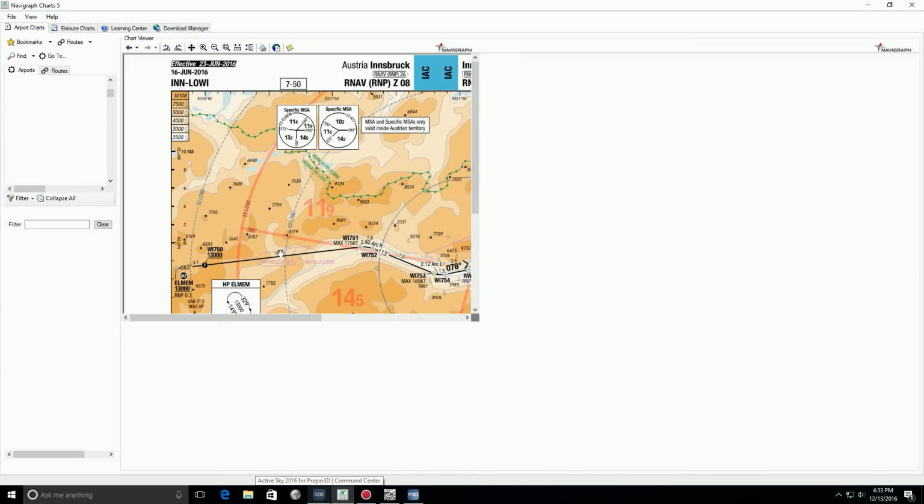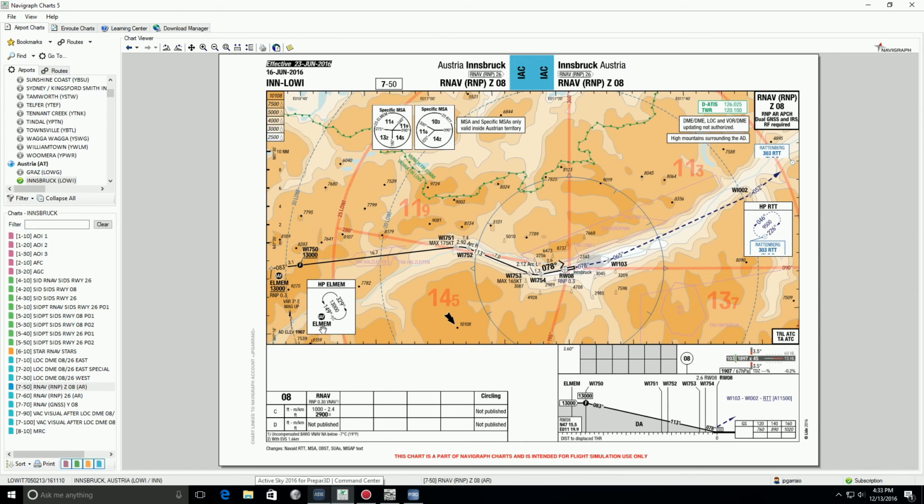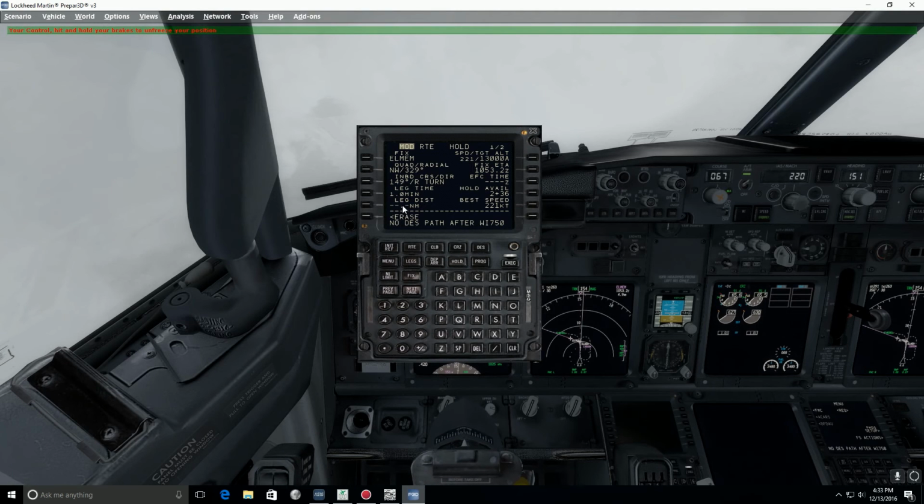If we check LMM, here we see that the hold is 149 left turn. So let's see if that's correct. We have 149 right turn. So that can be dangerous. We might be going toward a mountain,